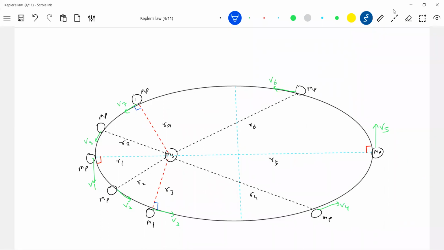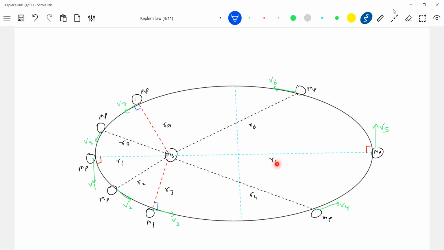Here you can call this theta 2. This angle will be less than 90. This angle will be less than 90. This angle will be more than 90. This is not the angle between R bar and V bar. This is the angle between R bar and V bar. R bar you have to extend. Agreed, all of you? This is one thing, please do remember, it is going to help you a lot.